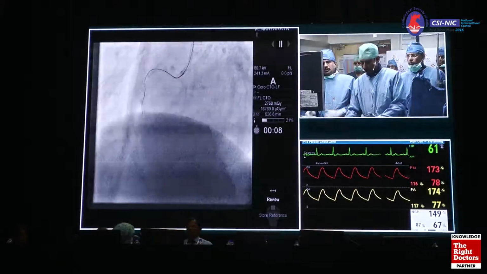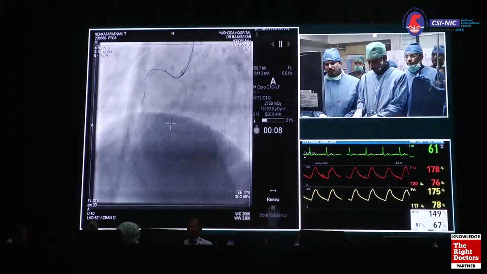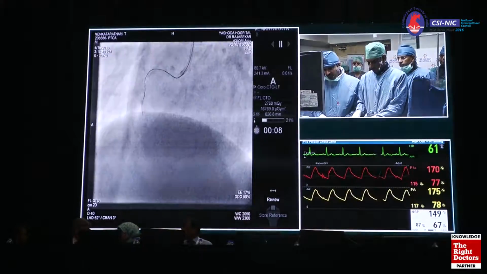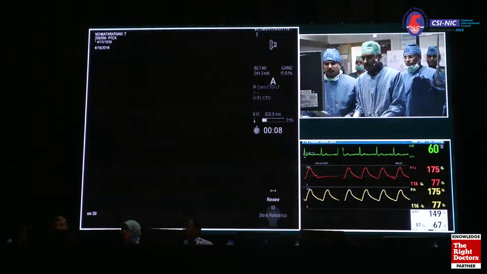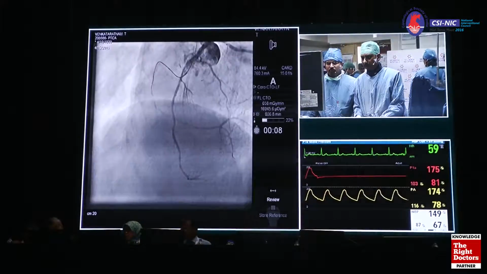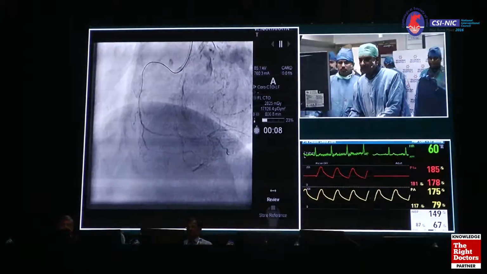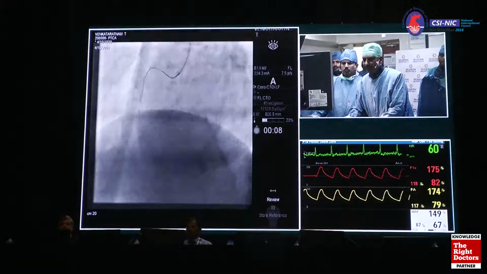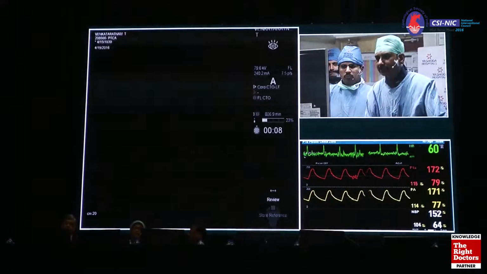So any suggestion about the guiding catheter on the right side? We are very close to the distal cap. I think the bilateral angiography is very helpful here, but I think we need to change the guide cath, as you can see here.